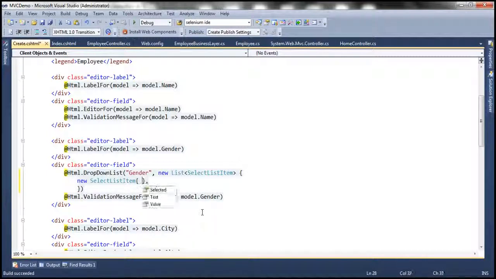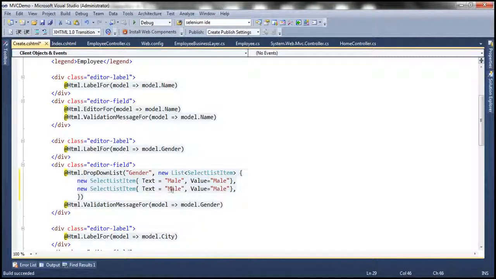and obviously the constructor of this class has two properties, Text and Value. What is the text that we want within the drop down list? Male, and the value is also going to be Male. A drop down list will have both text and value. In our case both of them are going to be Male. Similarly, let's have another SelectListItem which will be Female, and text and value is also Female. Okay, so that's it. Now let me go ahead and run this and see if we get a drop down